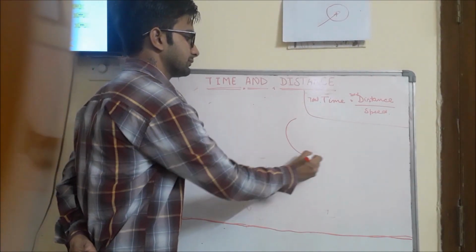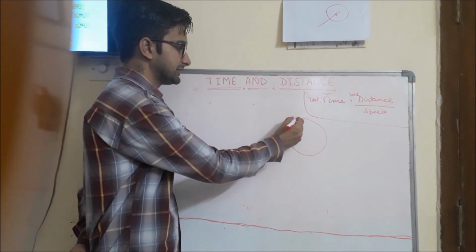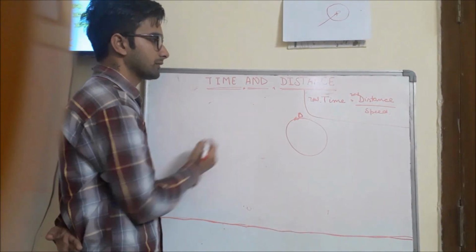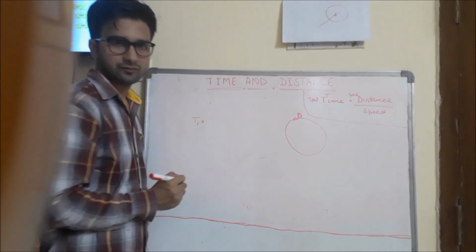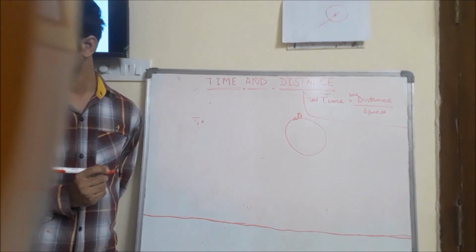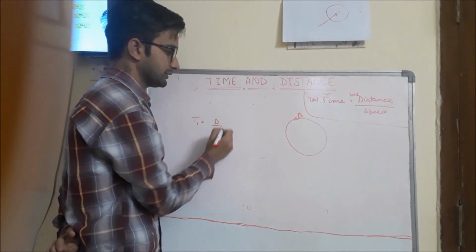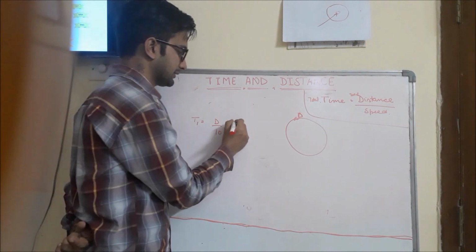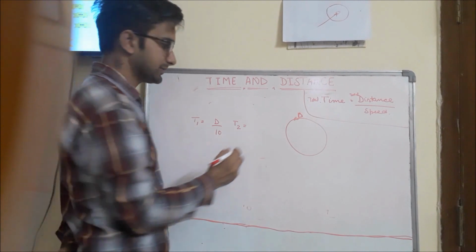So Ram is moving in a circular round field. Let's take that the total distance covered in one round is D. We know that the time taken for the first round, let's call it T1, because he is having a speed of 10 kilometers per hour, will be distance D upon the speed, that is 10. Again for the second round, T2 is equal to D divided by 20,